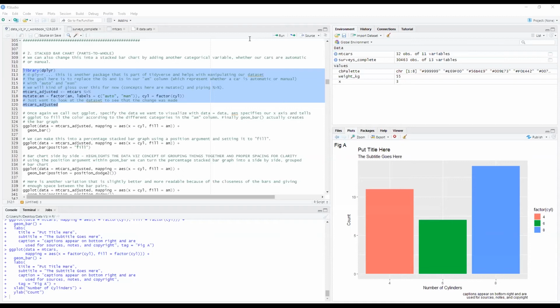And whatever's under the sun, whatever you can think of in terms of coloring, probably R can do it. It might take some creative finagling with different functions or creating different vectors and assigning different things, but you should be able to do it. There's a lot of creative solutions, I should say.